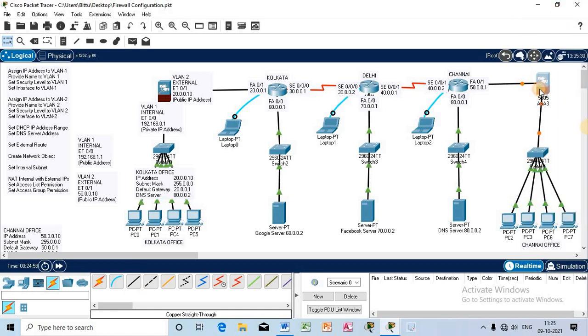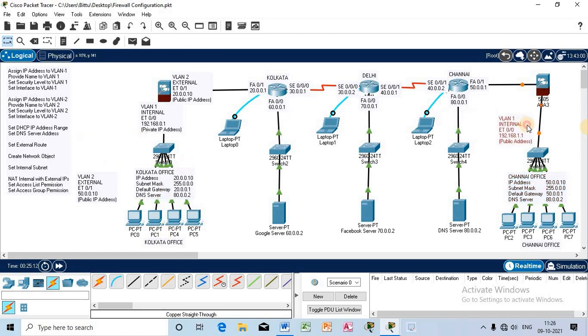Observe. Okay. So again, as I have told you, there are two VLANs. This particular IP address has been given to me by the ISP provider. I will assign this to the firewall, and this is the internal VLAN setup I will assign to this particular firewall. So there are two VLANs. This is the internal part and this is the external part of the hardware firewall. This is what I will consider and configure with the firewall. Observe.